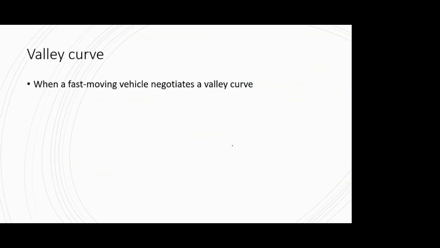So similarly it goes for all the other types as well. Now coming to the valley curve, let us discuss what actually could be the parameters on which the design of the valley curve will depend, or what considerations you should give. Like in summit curve, while discussing, we thought that if I'm traveling on a summit curve, the main hindrance to a driver is that he or she can't really assess whether there is a vehicle coming from the opposite direction, because we had taken the third type of summit curve in which an up gradient is followed immediately by a down gradient.